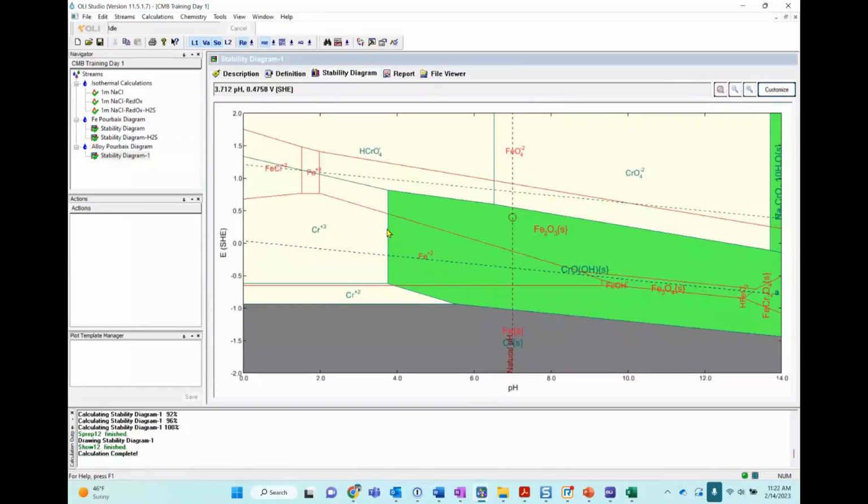That's the reason why, by adding chromium to the system, you are widening the protective region of this alloy, let's call it 50% chromium, 50% iron, and at wider pH values and wider potential values, it will be more corrosion resistant.